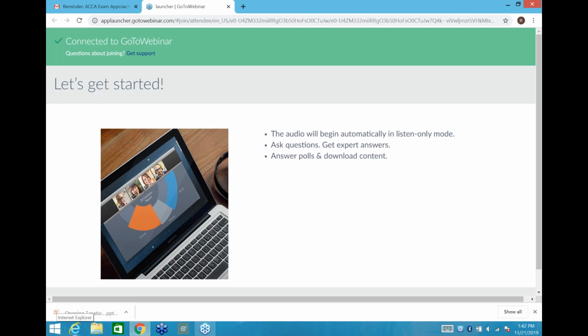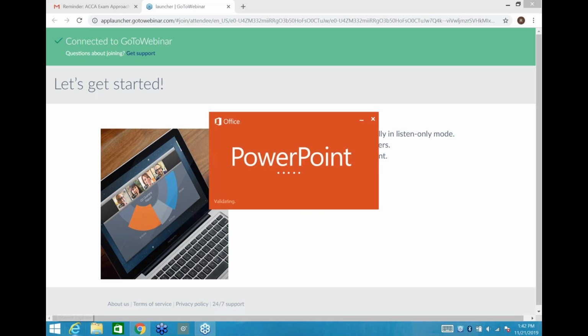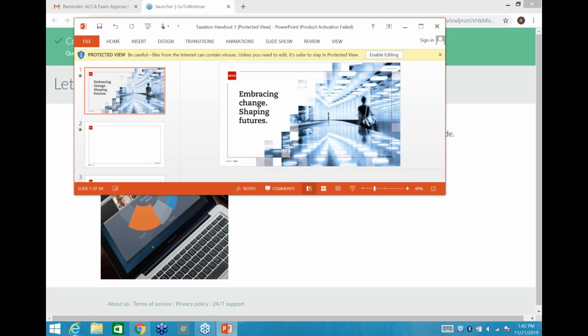Now, if you look at the presentation slides that has been uploaded, you'll be able to see, excuse me. Now, when it comes to taxable income computation, it